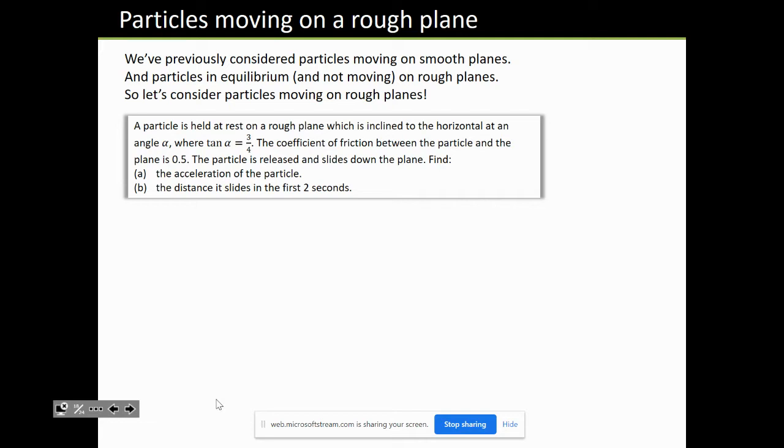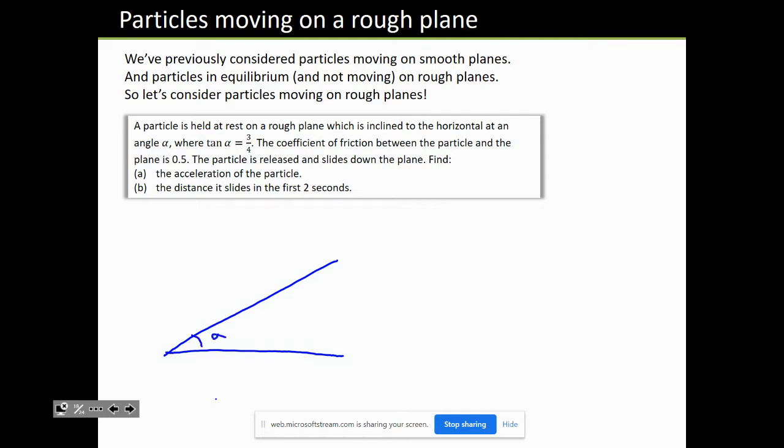So we previously looked at particles moving on smooth planes and particles moving on rough planes, or particles in equilibrium on rough planes. But let's consider particles that are actually going to be moving on rough planes now. So if a particle is held at rest on a rough plane which is inclined to the horizontal at an angle alpha. So if this is a rough plane,